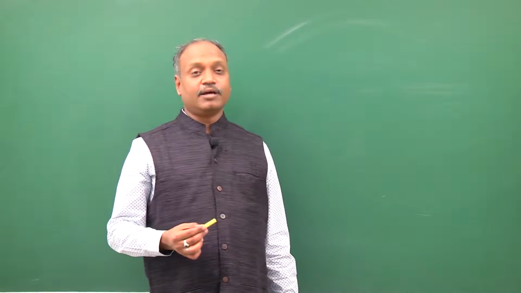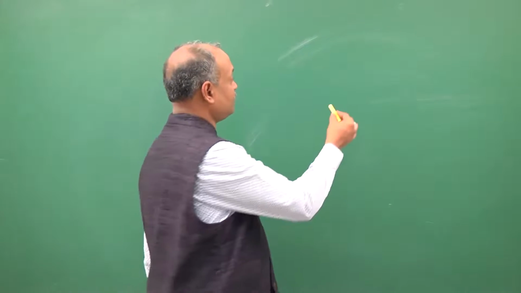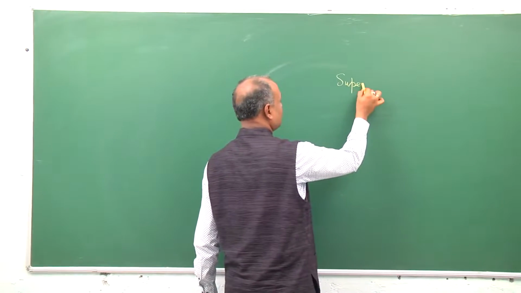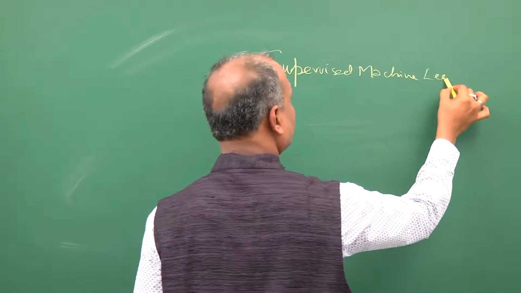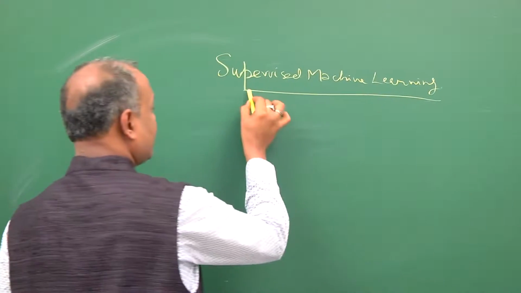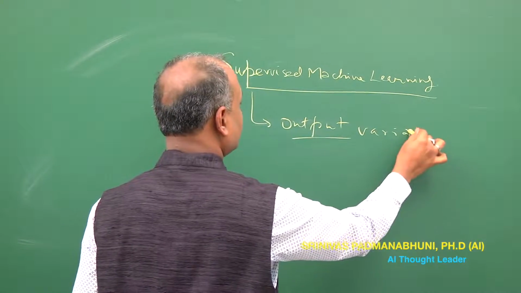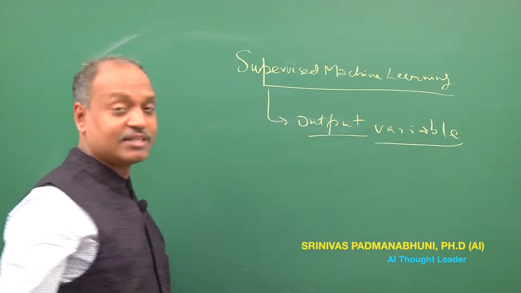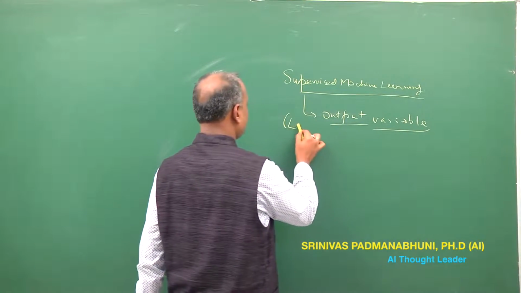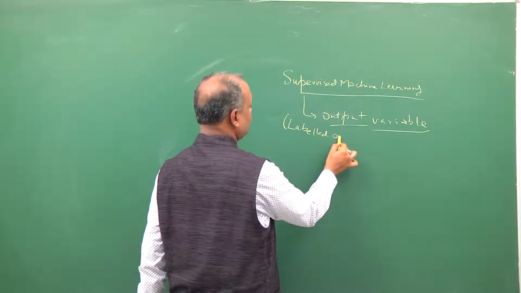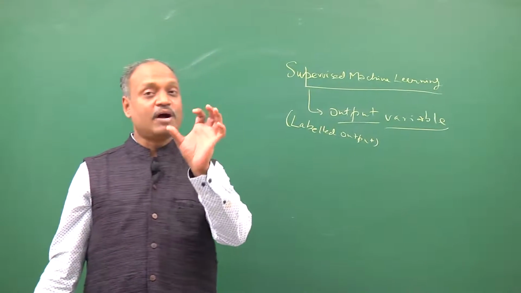Okay, let's look at a prominent class of machine learning algorithms, namely supervised machine learning algorithms. The key is that they are based on the fact that the historical knowledge which you have always has an output variable. That's the basis of any supervised learning algorithm. So we also call it the presence of labeled output. Labeled output means for every input value combination, a set of input variables with corresponding values, you have a corresponding output